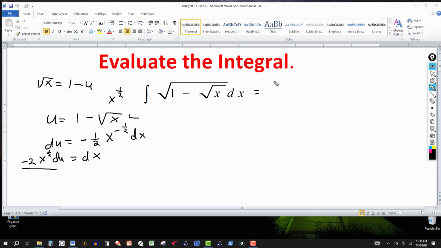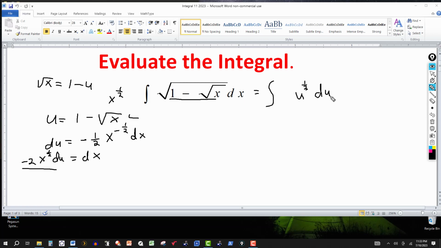This is equal to the square root, and then 1 minus the square root of x under this radical, the big one here, that's going to be u, and then it's u to the 1/2. Instead of a square root, I'm going to write a 1/2. So this is u here, and then I got the square root, so that's to the 1/2 power. And then over here, dx is replaced by a du,